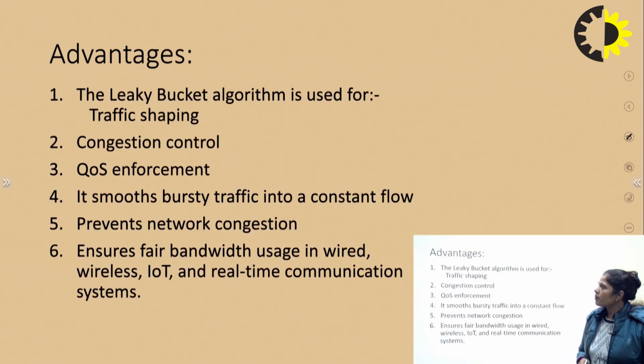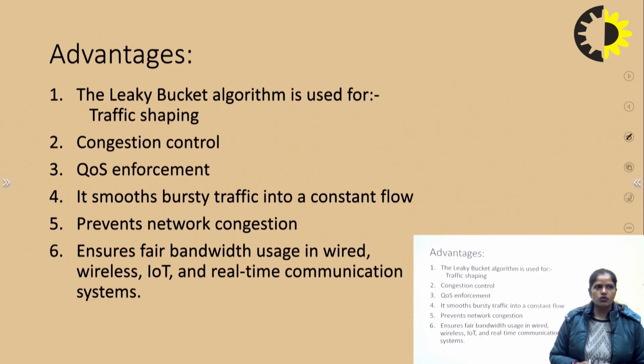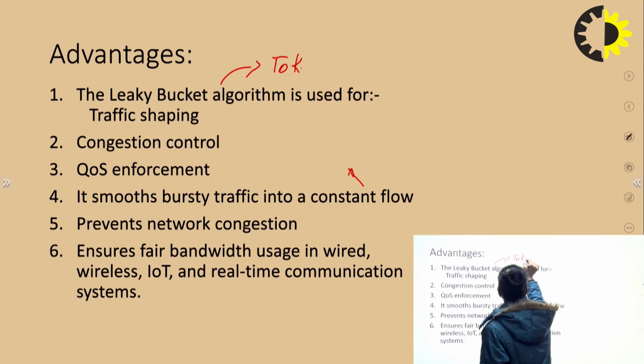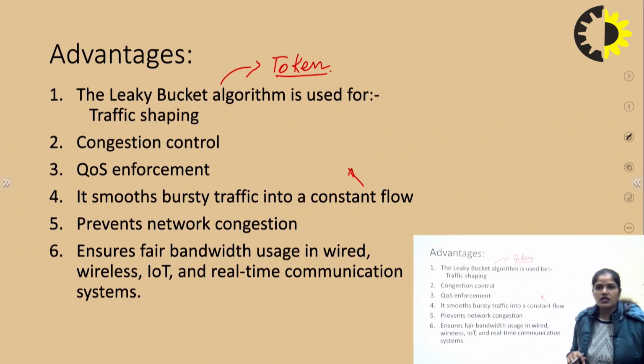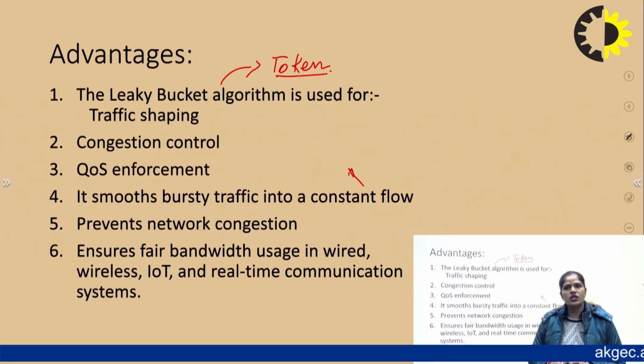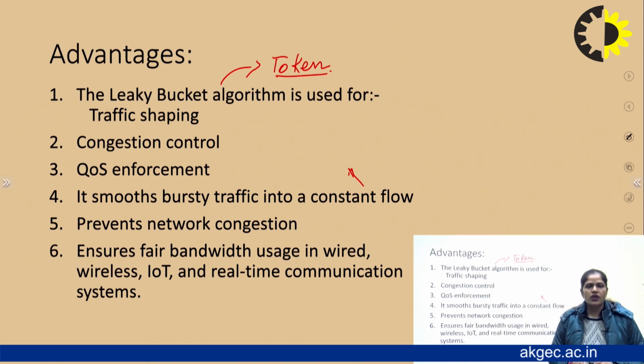Next we will talk about the advantages of the leaky bucket. So basically leaky bucket is a very important algorithm, and another similar algorithm we have is the token bucket. Token bucket we will talk about in the next lecture, because these two main algorithms control the flow of the data. So leaky bucket is mainly important in traffic shaping scenarios where we have to shape the traffic, because the traffic on the network